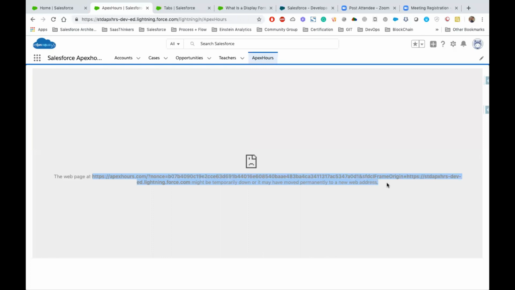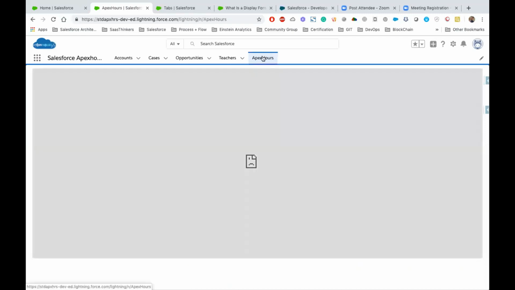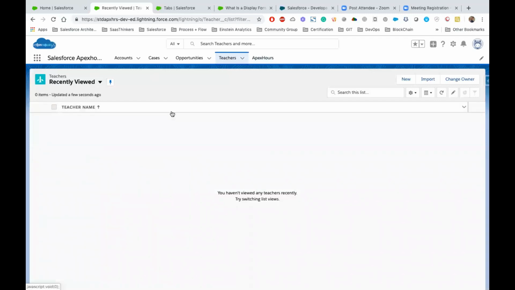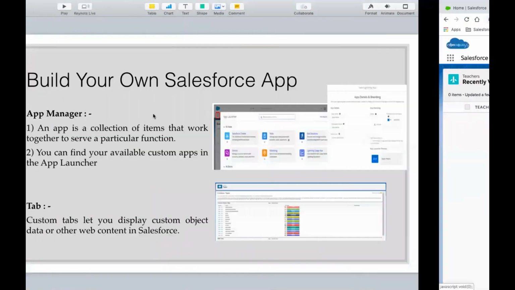So this is a basic Salesforce limitation: you cannot show third-party information with the help of an iframe. This is why we are getting an error. For this we would need to make some further modifications in our configuration that we will not see here. So this is all about the custom tabs. Now let's go back to our